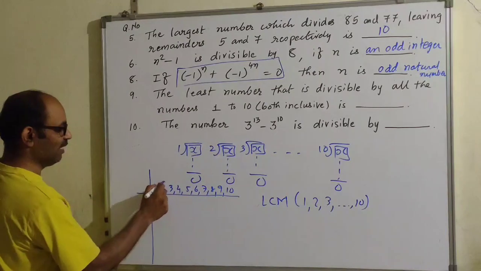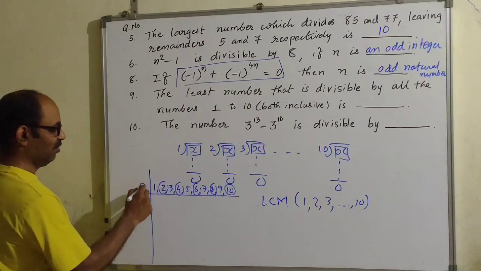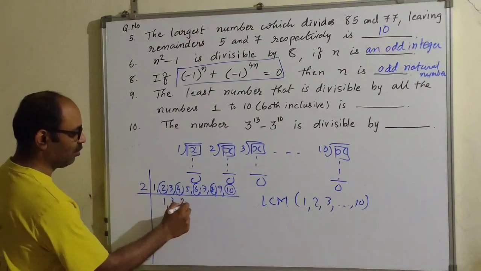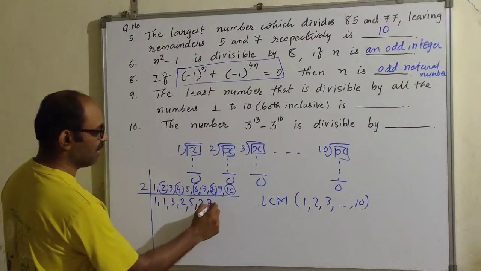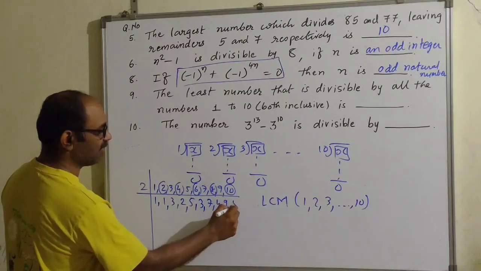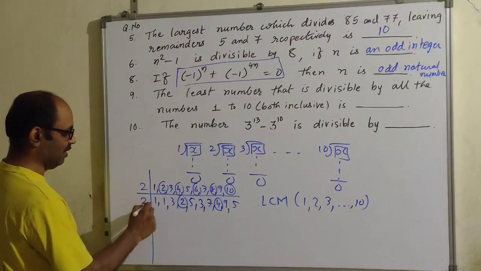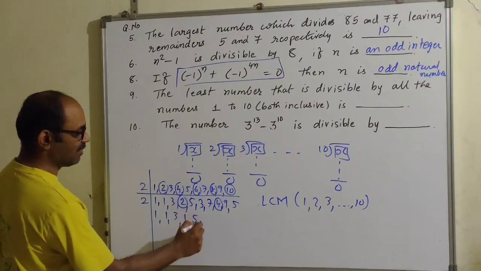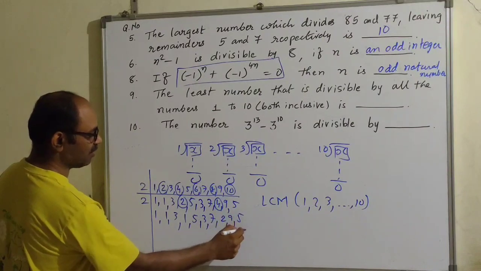Tell me, which numbers are divisible by 2? I am encircling those. 2 1s are 2, this one I am not writing. 3 I am writing, 2s are 1. 5 I am writing. Let me write 1 also. So 3, 7, 2 4s are 4, 9 as it is, and 5. Are there any numbers still divisible by 2? Yes. 1 as it is, 1 as it is, 3 as it is, 5 as it is, 3 as it is, 7 as it is, 9 as it is.